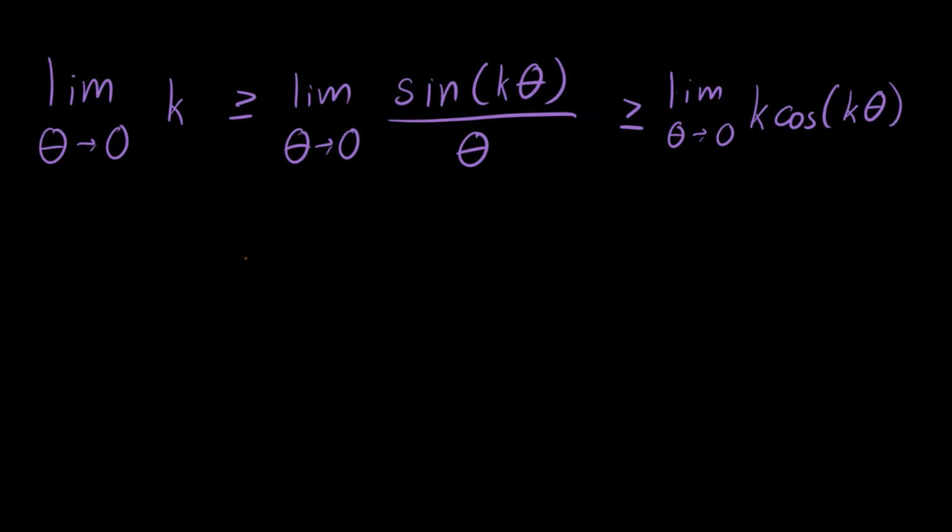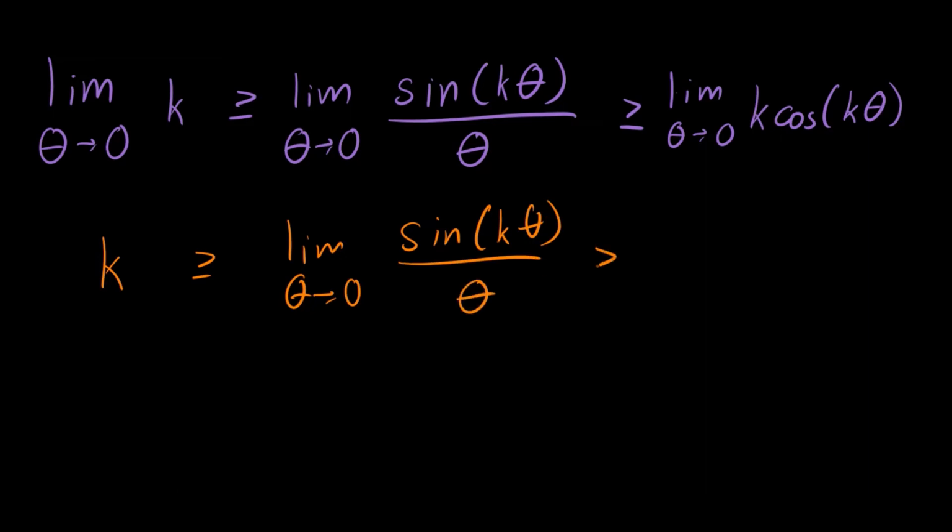So let's evaluate some of these. Here on the left, k is completely independent of theta, so this limit will just go to k. That will still be greater than or equal to the limit as theta approaches 0 of sine of k theta divided by theta, and that will be greater than or equal to the right side. Over here, if we plug in 0 for theta, we get k times cosine of 0, so